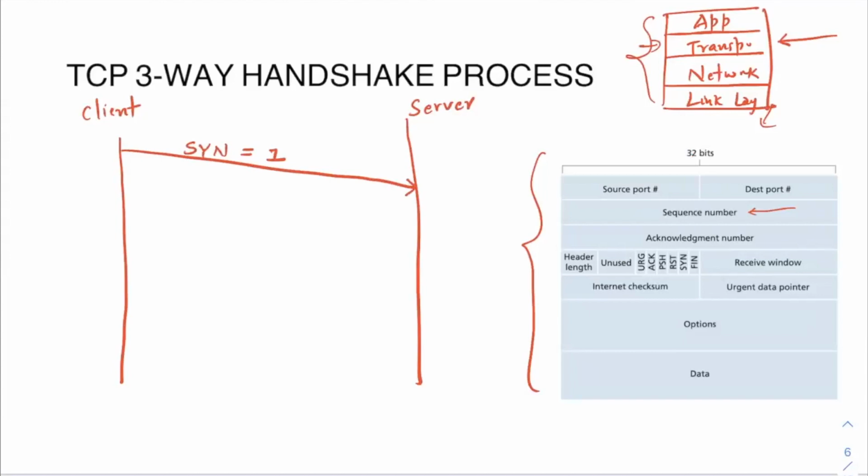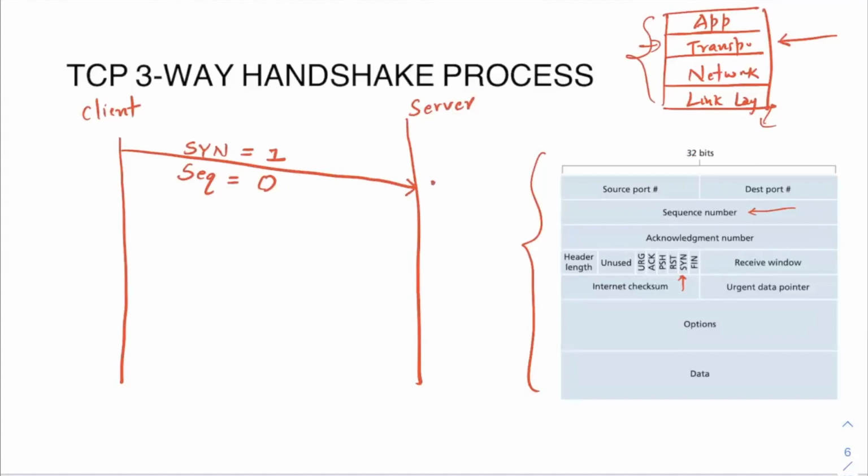In this segment, this is the SYN flag here. This will be set to 1, and the client will also initialize its sequence number. It will actually be some random number. Do remember, it will be some random number. But for this example, we will initialize this to 0. This is very important: do not think that the client will initialize the sequence number to 0. No, it will initialize the sequence number to any random number. Then the client will send this packet to the server.